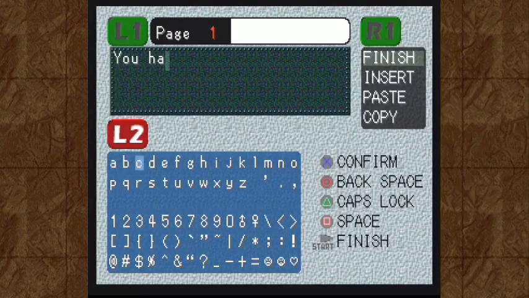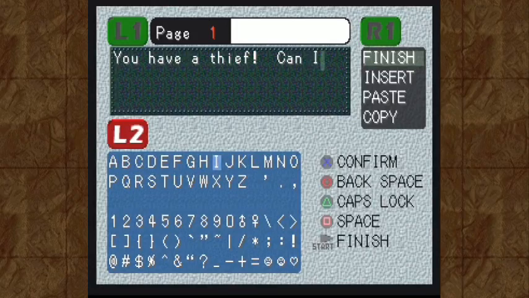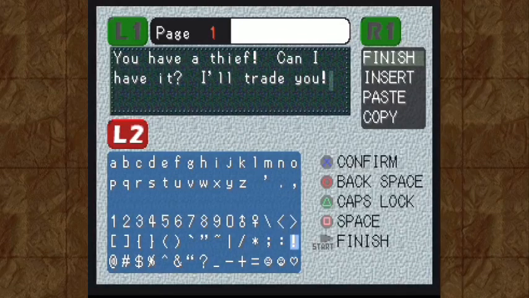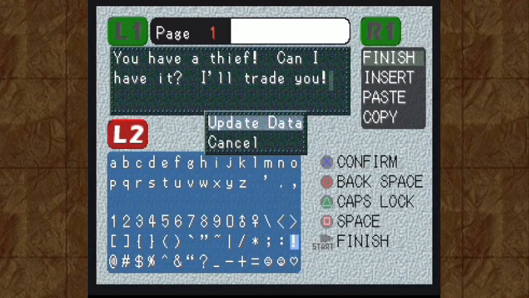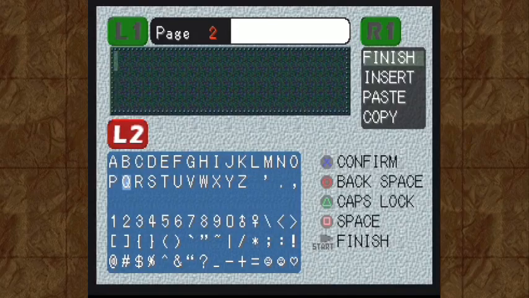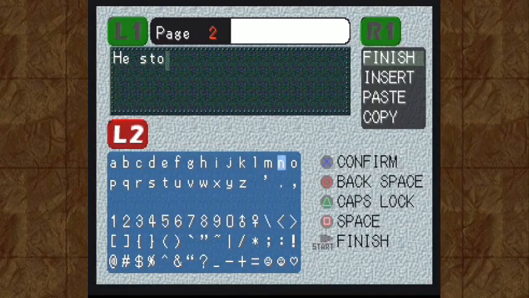You have a thief. Can I... I'll trade you. I'm gonna be taking advantage of an interesting option. As for the reasoning he wants a thief, Sir Rosser has come up with a possible good one. He stole...